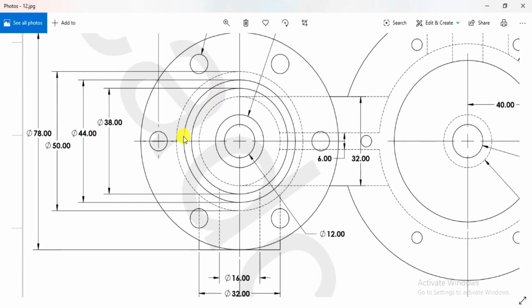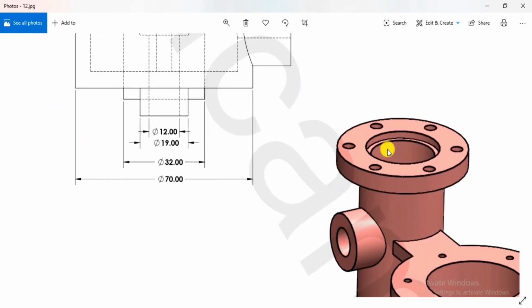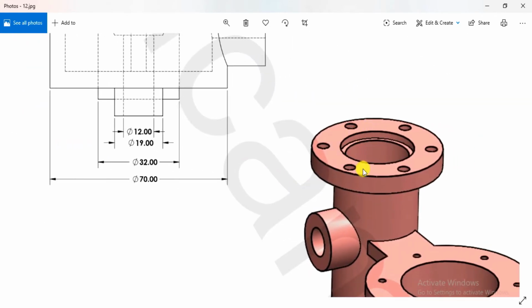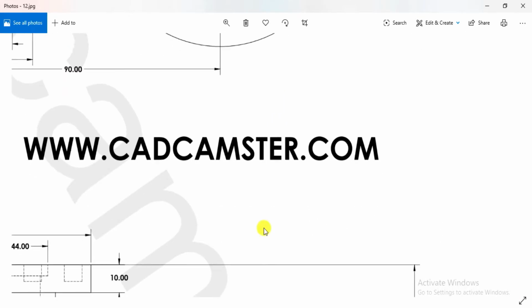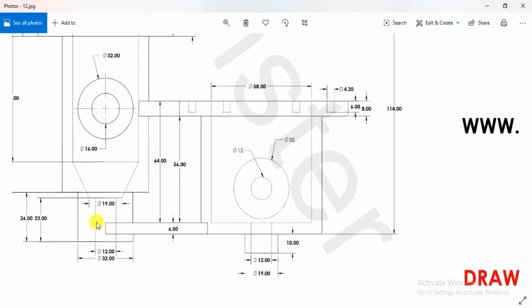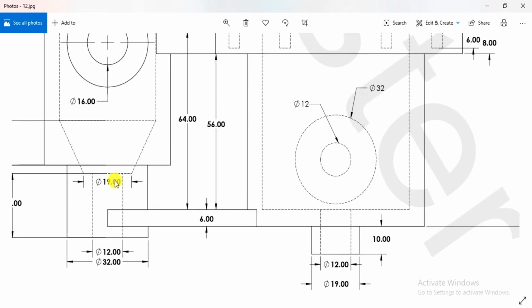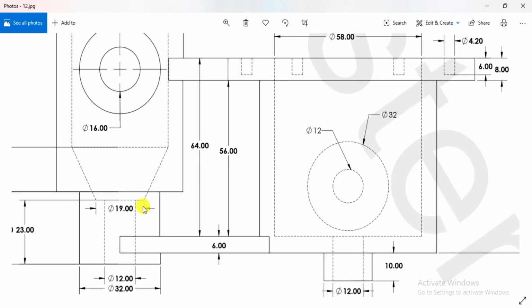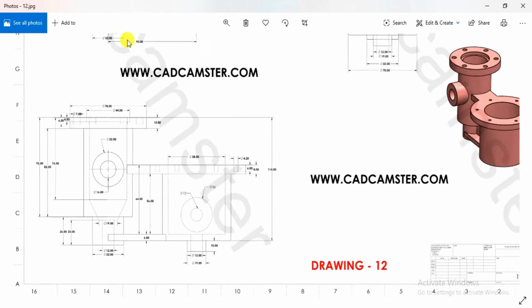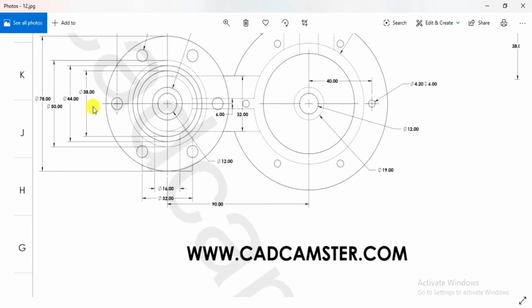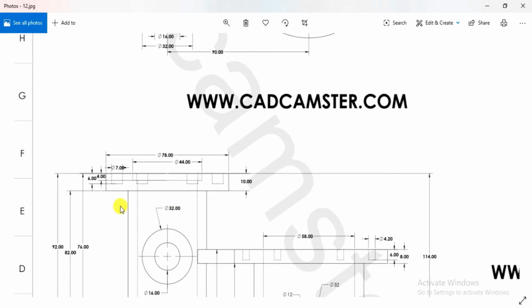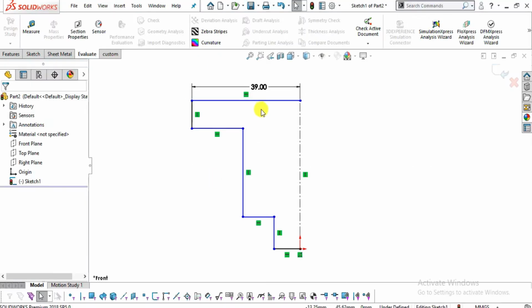And these two dia 44 and 38 mm are the dia 44 of this cutout, and the smaller one which we can see, this one is of 38, and at last this one is of 32 and this one is of 12, and from here to here it is 19. So this one is of 50 mm from here to here, so this will be the half.